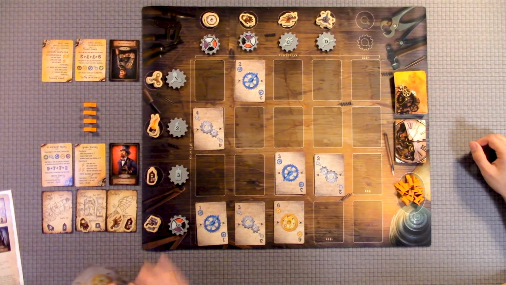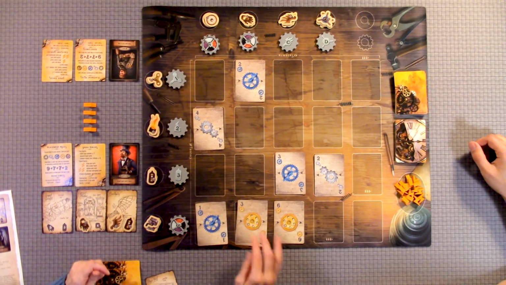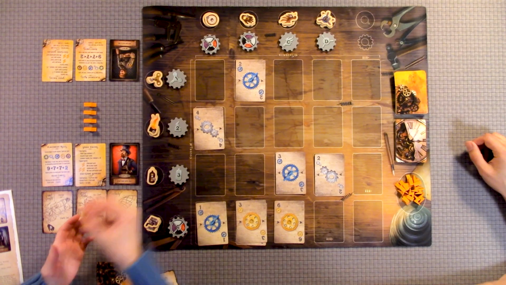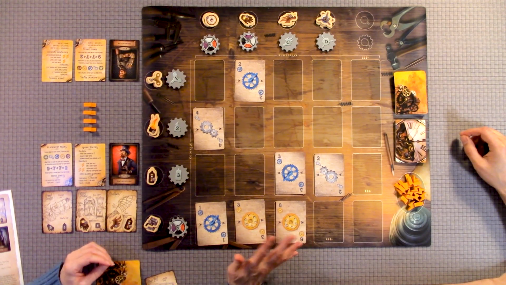So say I really want to get this column, but for some reason I want that number to change. I could place, say I want to place this 3 here on top of that other 3, because I want to control this column or this row. So I would place that card there and play my 2 sparks to place it on top of it. If for some reason this card is...